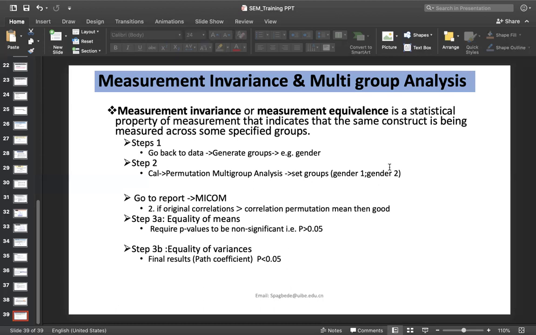Hello, Doc. Just a leading question. So if I have, let's say, a data set which has treatment variables, like one section were exposed to a certain treatment and the others weren't, am I able to use measurement invariance to see if the effect varies across the different groups? Obviously, if you have a treatment, it means you're applying treatment to one group and you've not applied it to the other group. So there's no basis to compare the two of them.